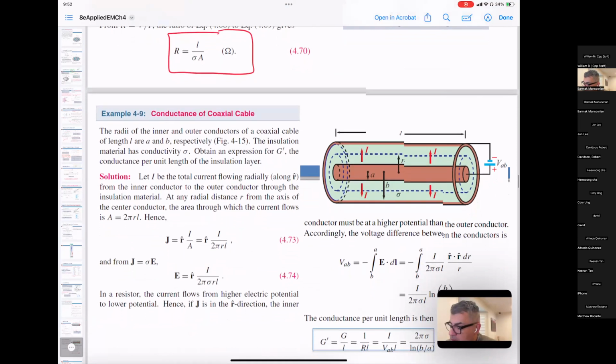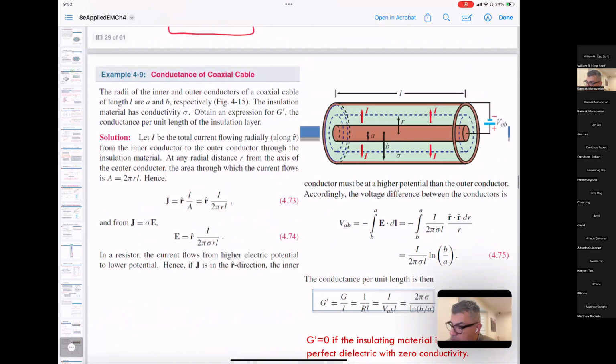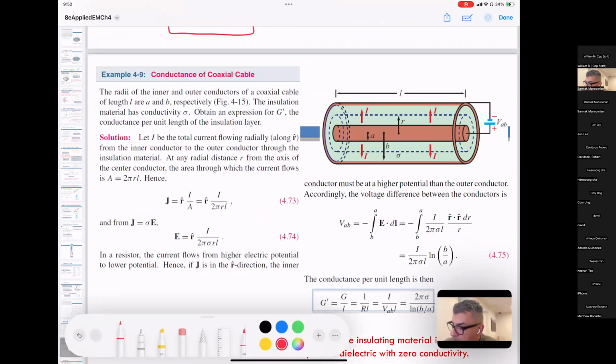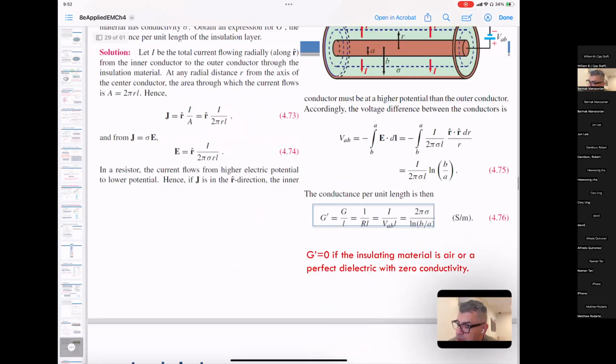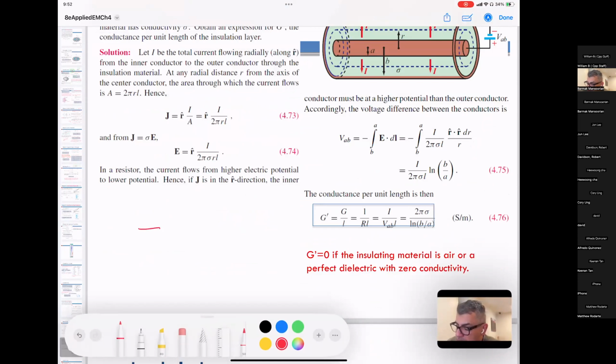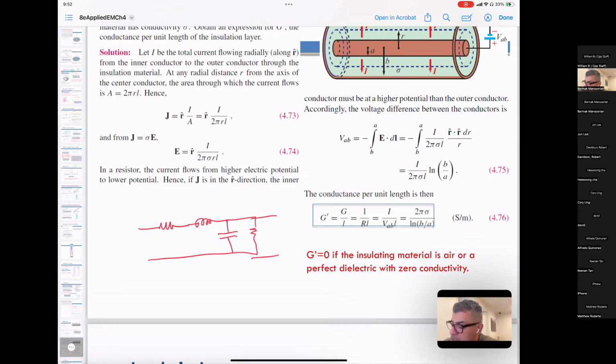This example is really sort of useful. So remember that our goal was to go back to our transmission line equations. For the transmission line equations, we had a resistance, we had an inductor, we had a capacitor, and then we had another resistance sort of sitting here for a full lossy conductor. So the resistance